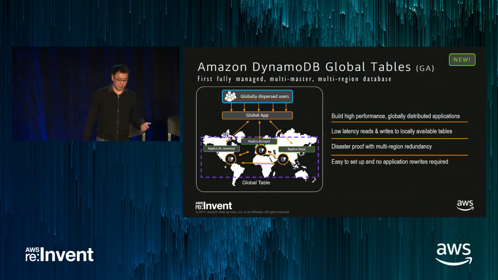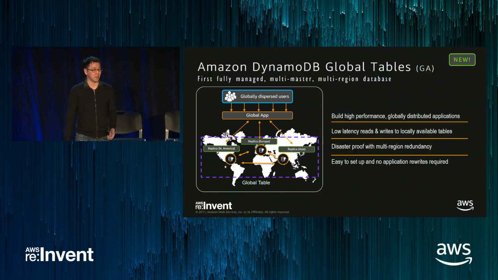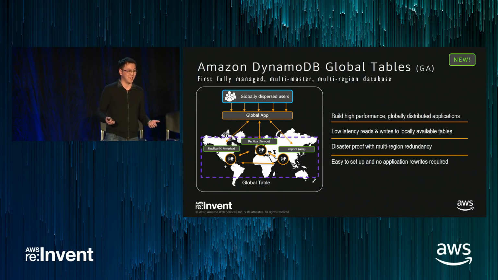If you were at the keynote this morning, you probably heard Andy Jassy talk to you about global tables. Global tables is DynamoDB's fully managed multi-region, multi-master database solution. You just spent quite some time hearing about why you should be highly wary of active-active database setups. I'm here to show you how easy it is to do active-active replication in DynamoDB.